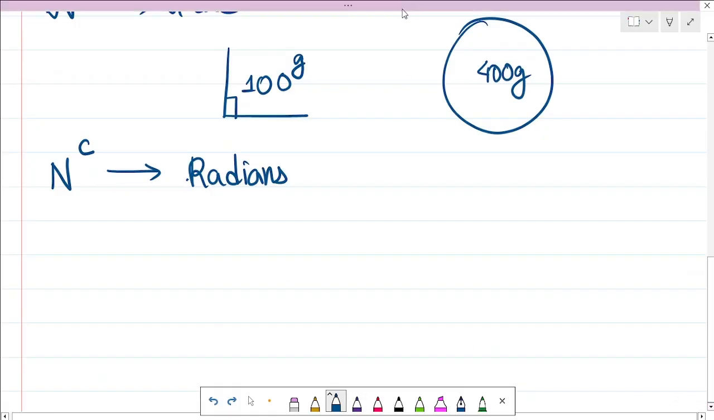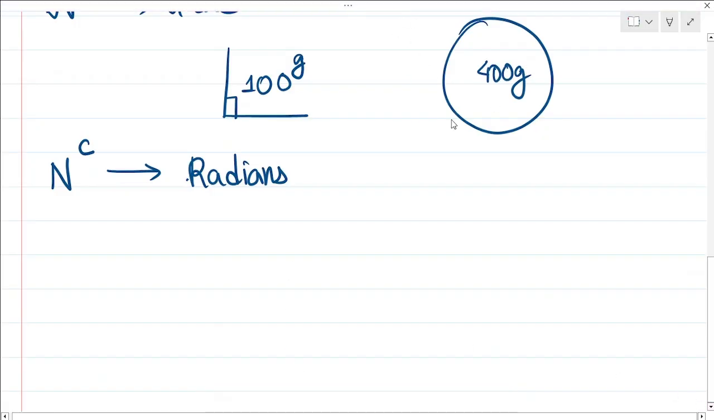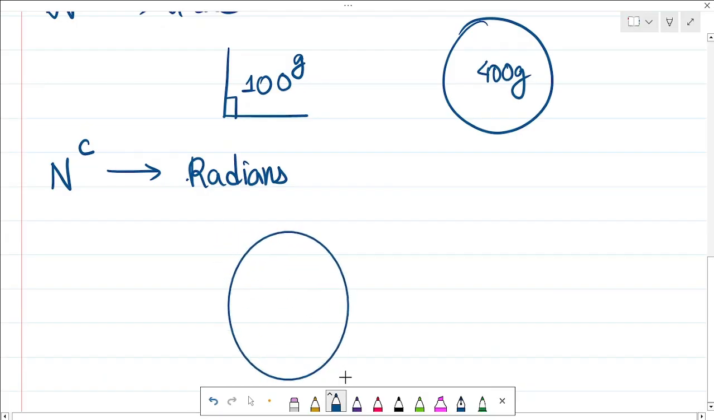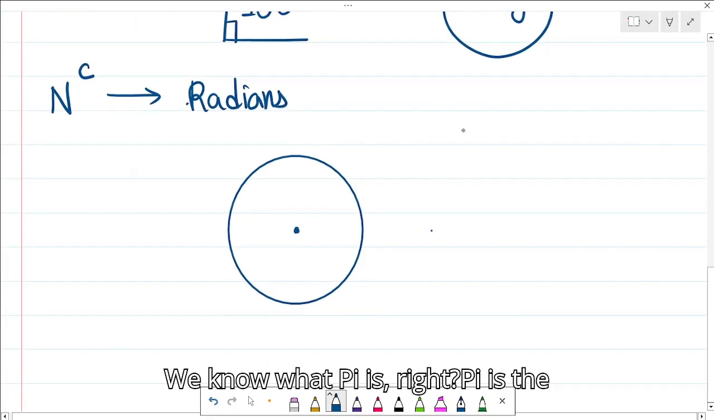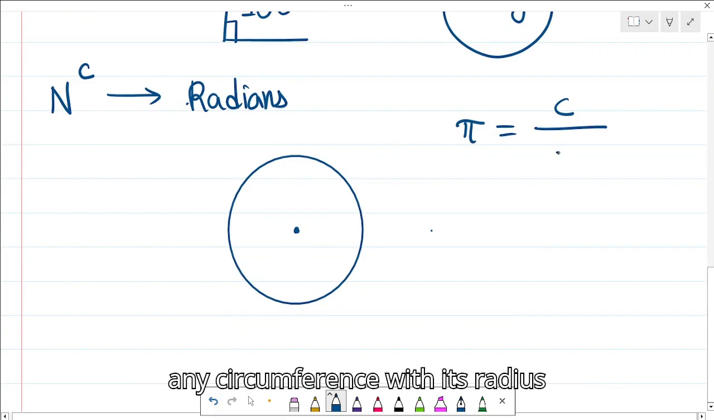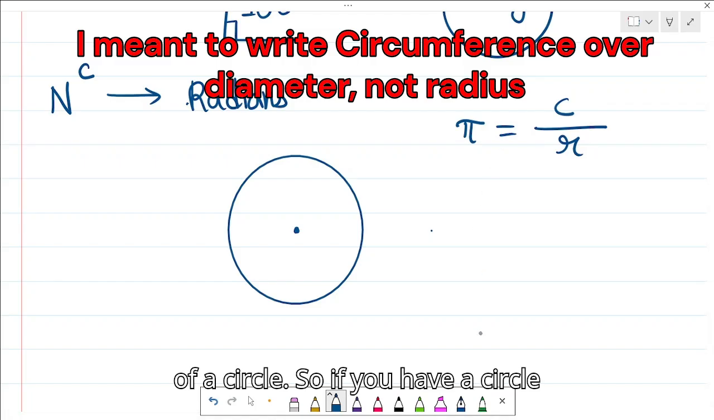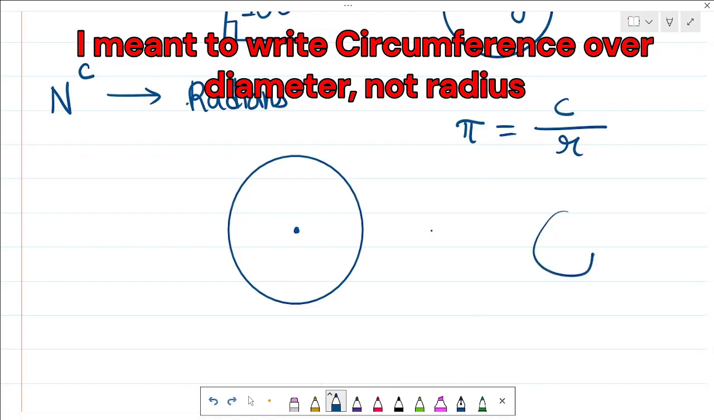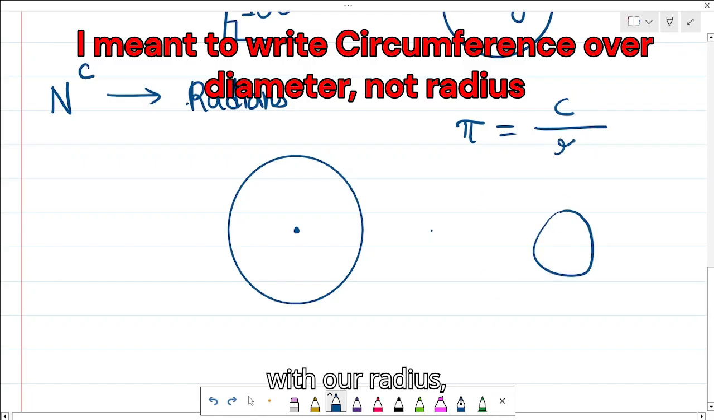If we have a circle, which is basically a full angle, right? We know what pi is, right? Pi is the proportional constant of any circumference of a circle. So if you have a circle with radius r,